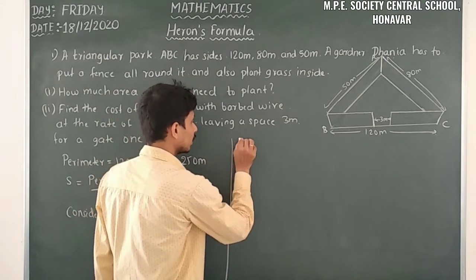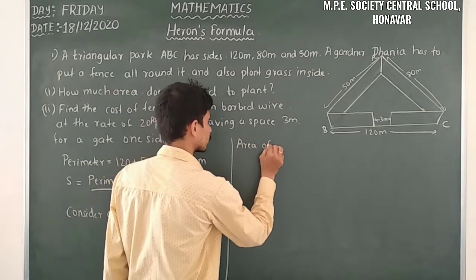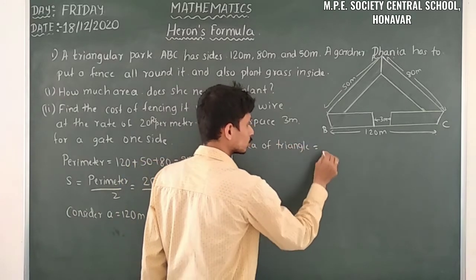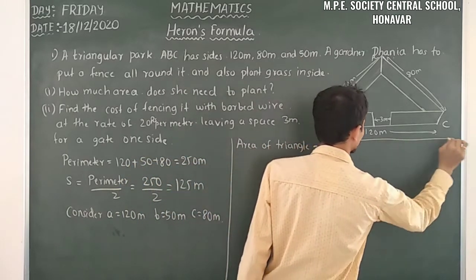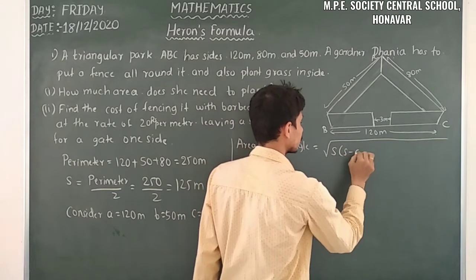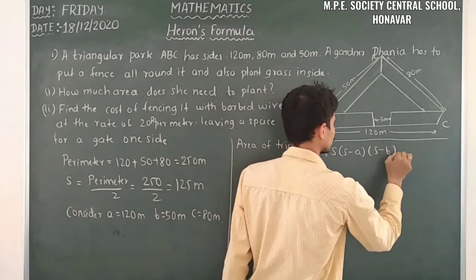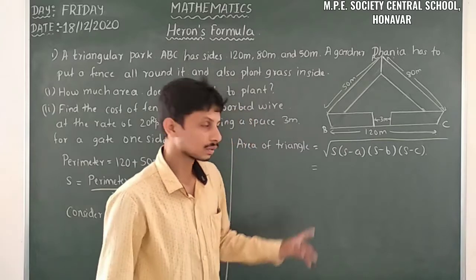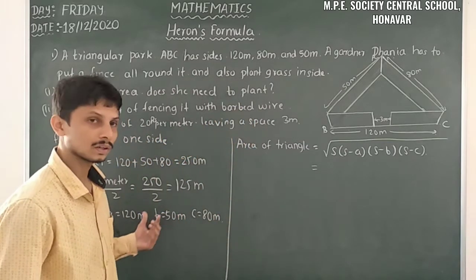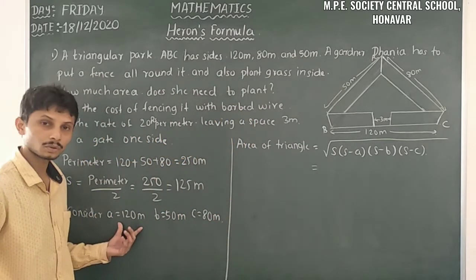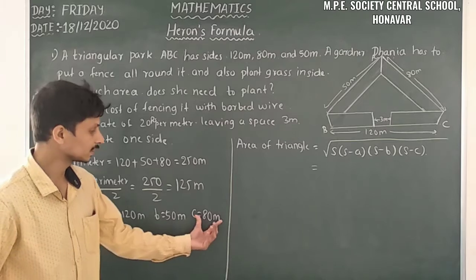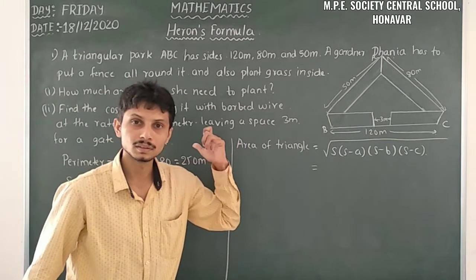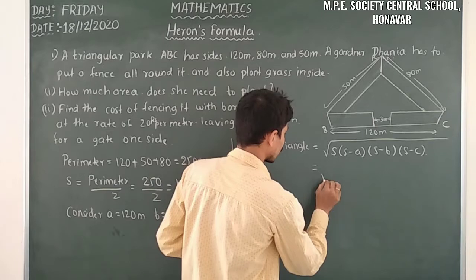So area of triangle is equal to square root of s into s minus a into s minus b into s minus c. The value of s is equal to 125, and the value of a is equal to 120, b is equal to 50, and c is equal to 80. Just insert it in this formula. Square root of